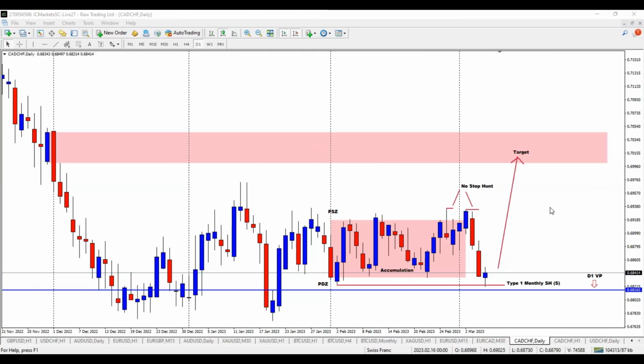All right, so looking at what we've got here with CAD CHF and the rest of the pairs, there are really good setups that are happening pre-high impact Canadian dollar interest rate news in this case. And that's usually a very common pattern, a very common occurrence that happens when we have high impact news happening. Because at the end of the day, these high impact pieces of news have the ability to cause the price to go to places that are already predetermined for institutional money and governmental money. And so in order for those scenarios to find expression, you're going to need high impact news. Okay. And this is an important key that I want to